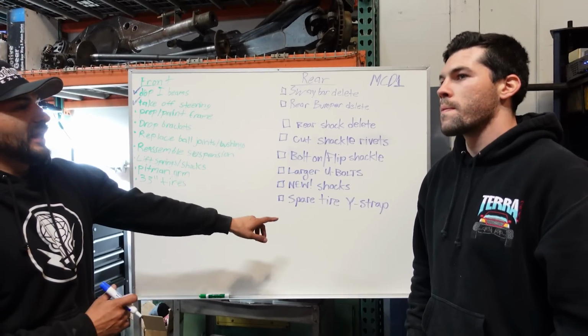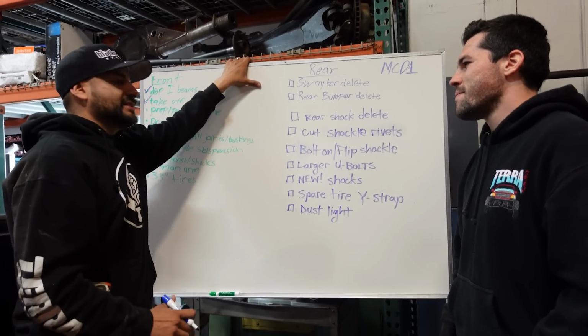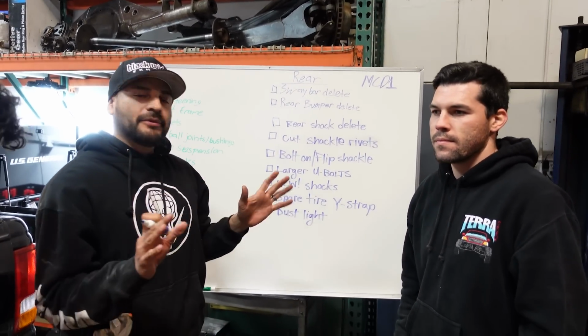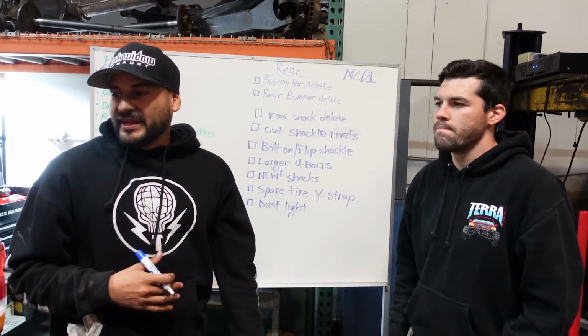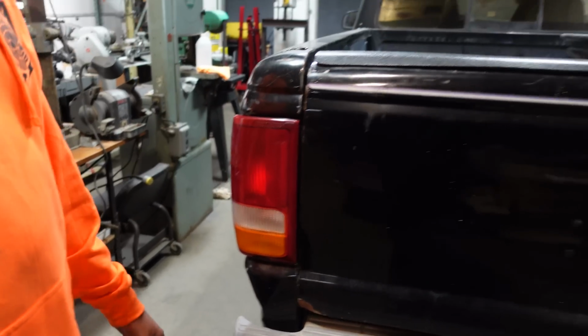What about an amber light? That's pretty necessary, right? Dust light. Dust light, super important, you guys. Even if you guys are just going basic off-roading and just hitting up some dirt roads, amber light, dust light, super important. Cuts through, lets people know you're there. Tail lights fade, especially if they're looking like this. So, cool. Anything else? You think that's...